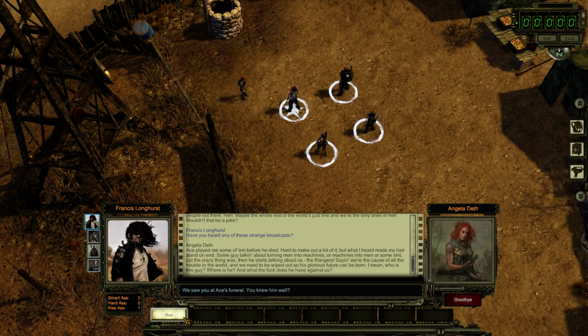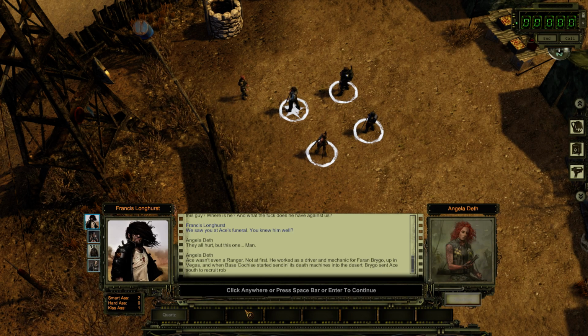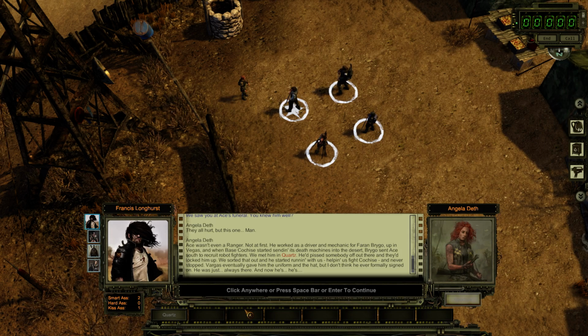So, yeah, we saw you at Ace's funeral. You knew him well? They all hurt, but this one... Man, Ace wasn't even a ranger. Not at first. He worked as a driver and mechanic for Farron Brigo up in Vegas. When Base Cochise started sending its death machines into the desert, Brigo sent Ace south to recruit robot fighters. We met him in Quirks. He'd pissed somebody off out there and they'd locked him up. We sorted that out, and he started running with us, helping us fight Cochise, and never stopped. Vargas eventually gave him the uniform and the hat, but I don't think he ever formally signed on. He was just always there. And now...